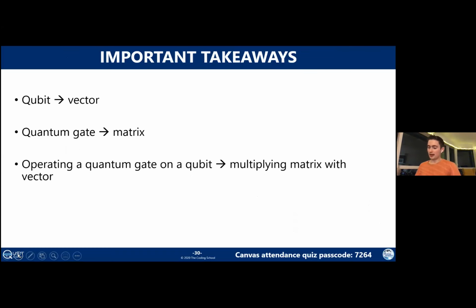To give a quick summary, we talked a lot in last week and this week's labs about vectors. Vectors are essentially how you represent qubits. Matrices, which we introduced this week, are how you represent quantum gates. Remember that picture that had the input qubits and the output qubits? The gates are what goes on inside the quantum computer. When you use a gate, operate a gate, or apply a gate, you'll hear a lot of different ways of saying this, but it all means the same thing. Operating a quantum gate on a qubit is multiplying the matrix with the vector. We just walked through a couple examples of that.